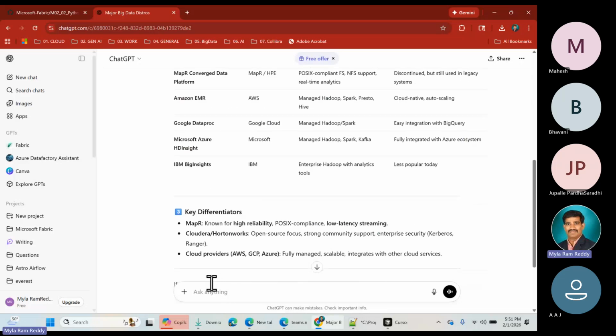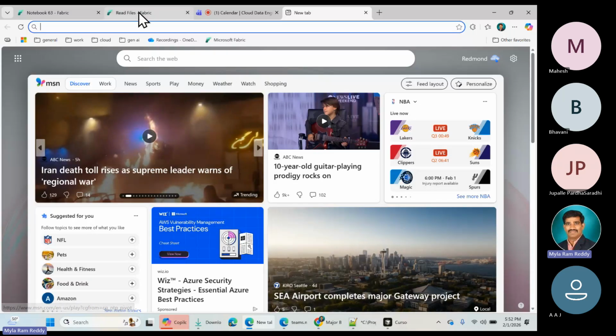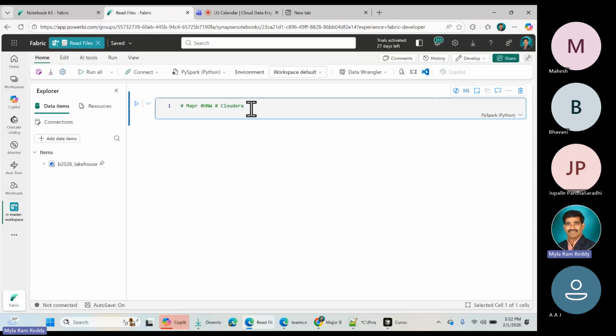Okay, this is what I was speaking about. Cloudera, Hortonworks, these are the three things we used to see in earlier cases. These three, MapR, Cloudera, and Hortonworks, are not cloud based. We can install them inside our laptop. But if you install on our laptop, what will happen is the moment you open our notebook, something like this,